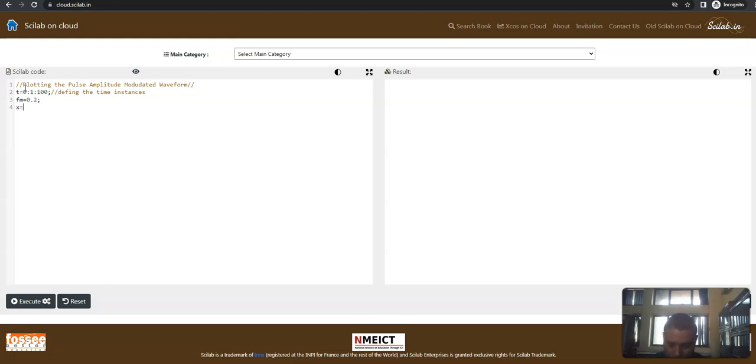Then let us define the message signal to be a cosine signal, cos 2 into %pi into fm into t. And then